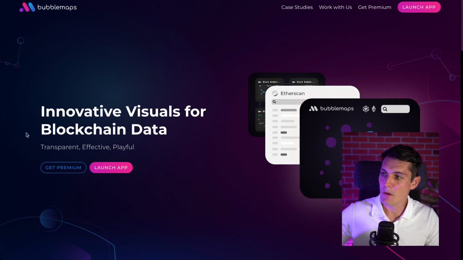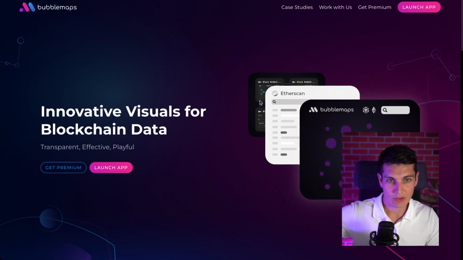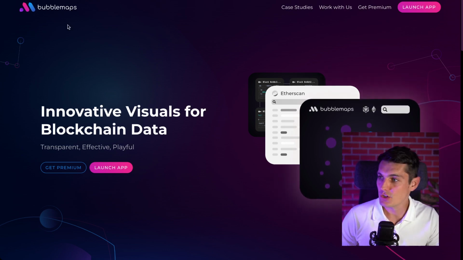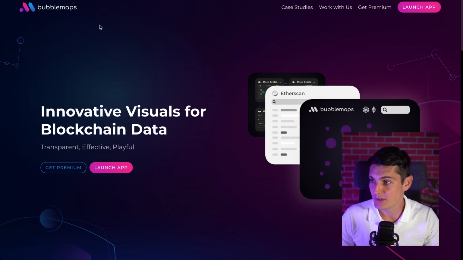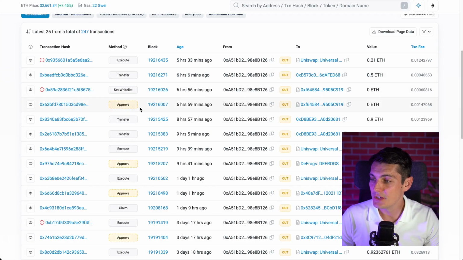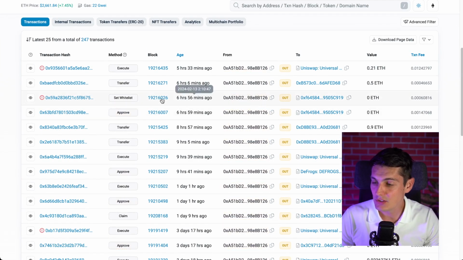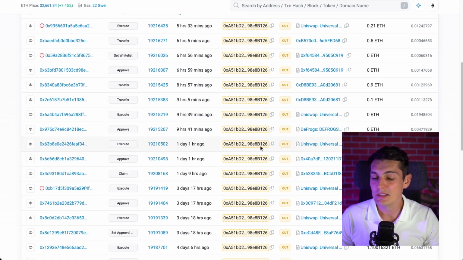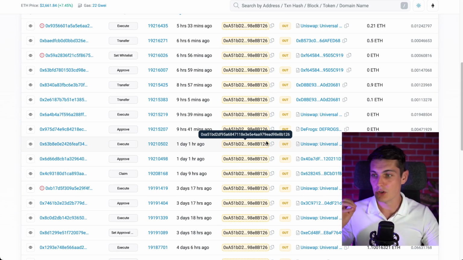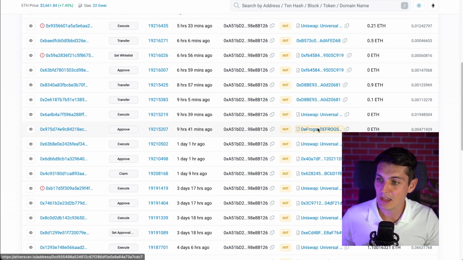How this tool, Bubblemaps, works is we have all the blockchain transactions at the back. Then there's one layer, which is Etherscan, and then they put another layer that helps you to visualize it. Because if you're on Etherscan and, for example, you analyze this address, you can see that they send this to that, send this to that. But it's hard to understand all the clusters of the addresses of everything that interacted.